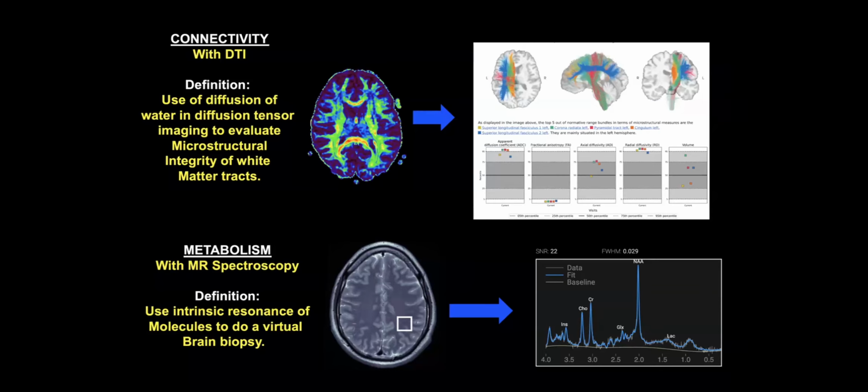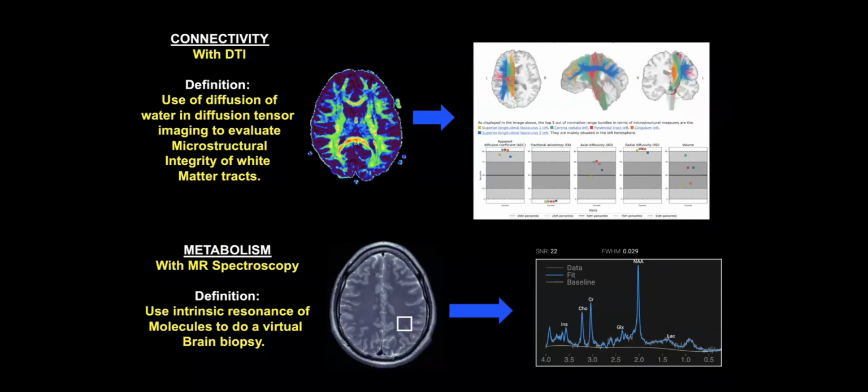This is probably the part of the scan that we don't do as much because it's more technically challenging in terms of just what scanners have the ability to do it. Newer scanners tend to have a better way of doing it than older scanners, although older scanners can do this as well with some modifications. And so that's another example we can get.